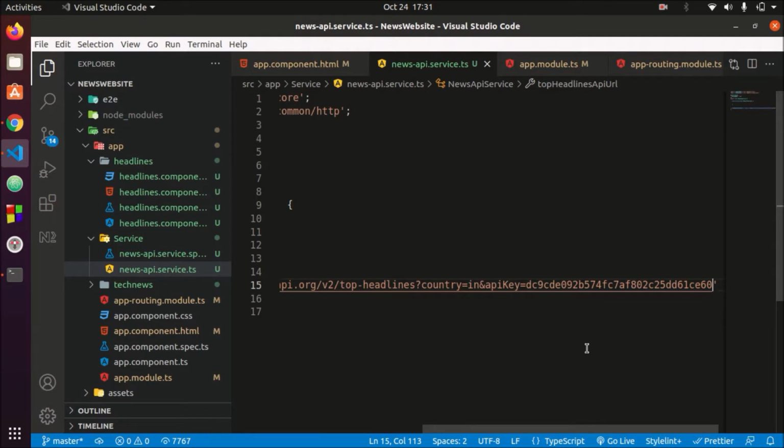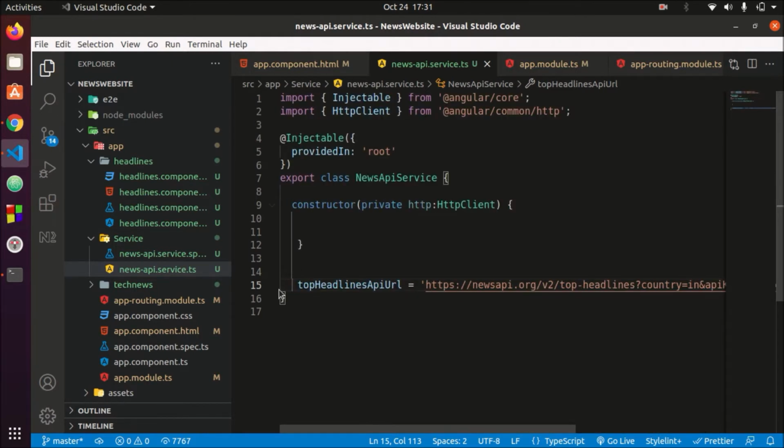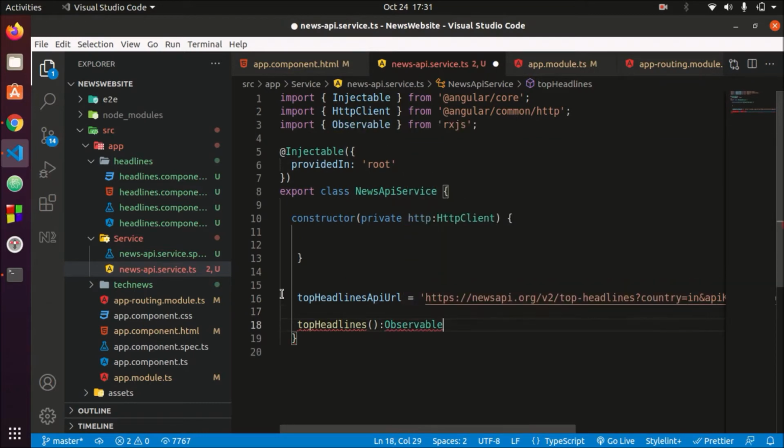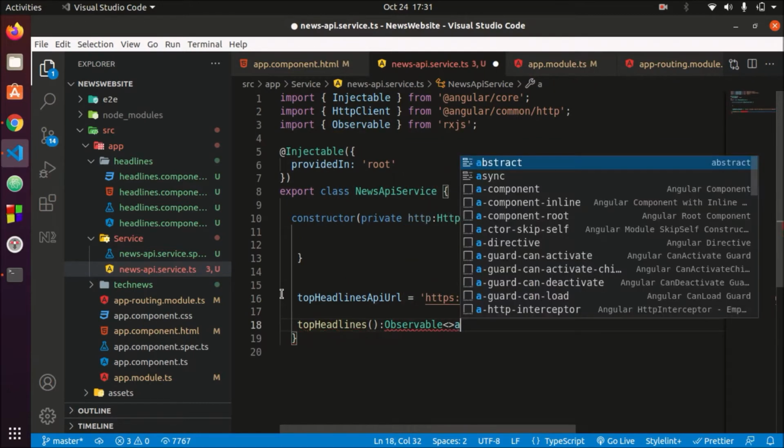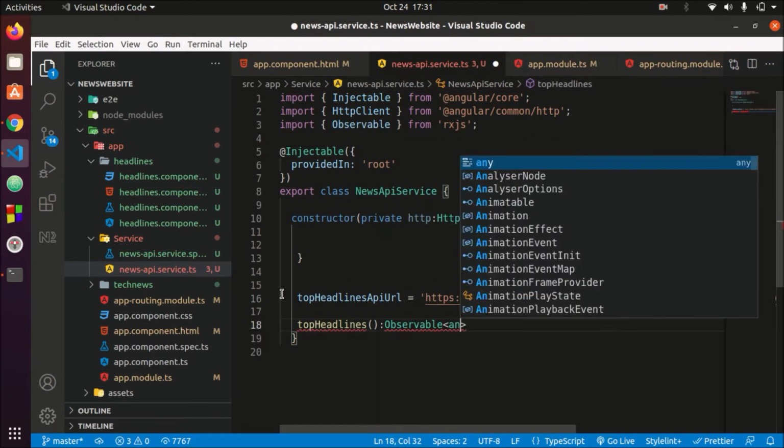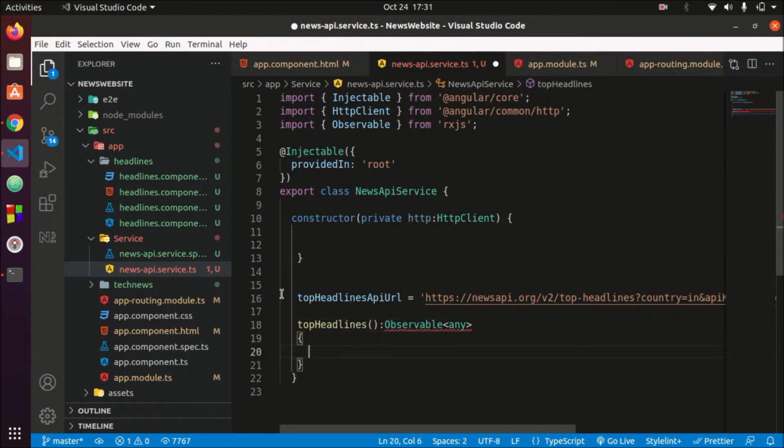Now let's define a function so that we can use it in our headlines component.ts. So top headlines, and we are giving it a type of any, so that we don't have to cast it.